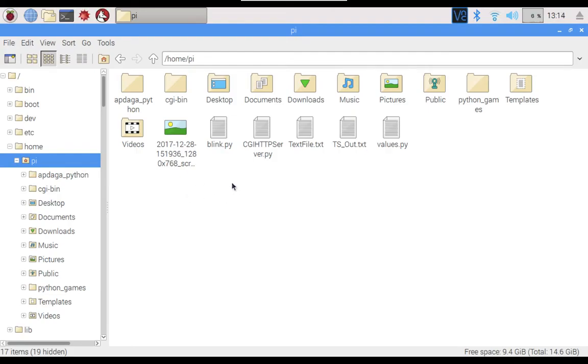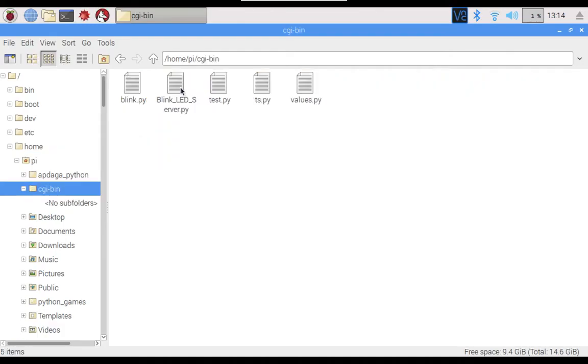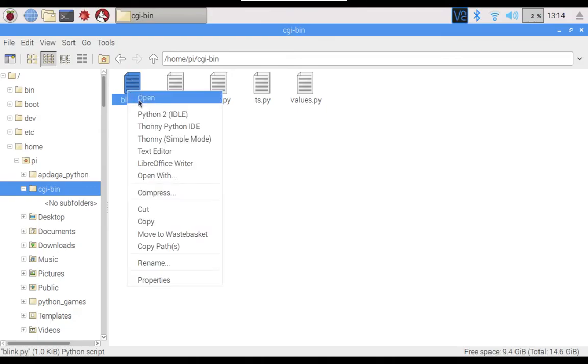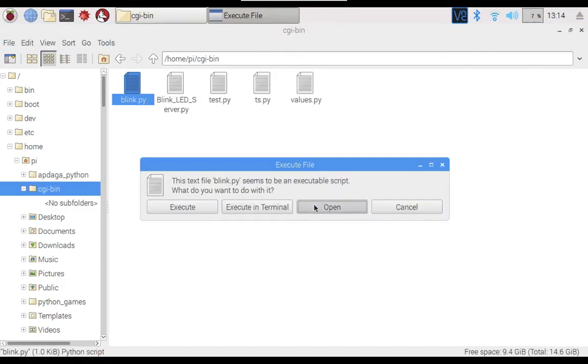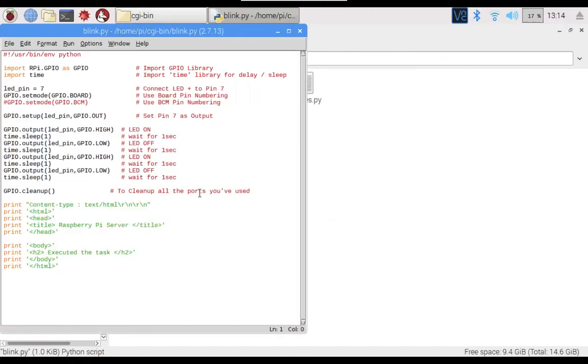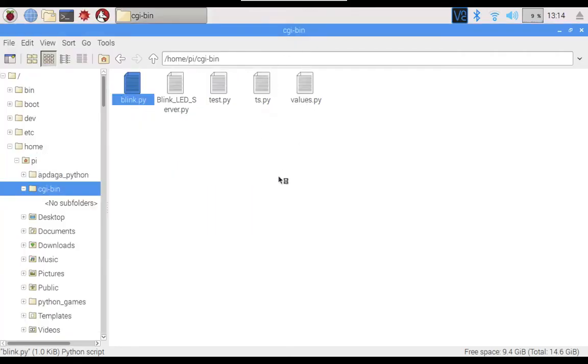So right now in our home directory we have the CGIHTTPServer.py file, then one folder named cgi-bin, and inside that folder we have one executable Python script, which we have written for blinking the LED. Now we won't run this program from here.